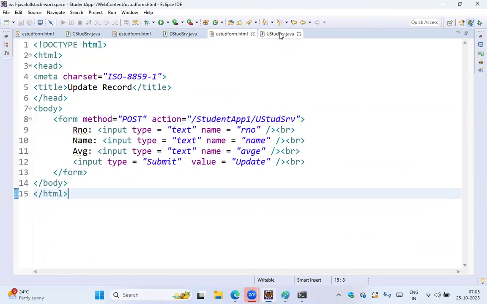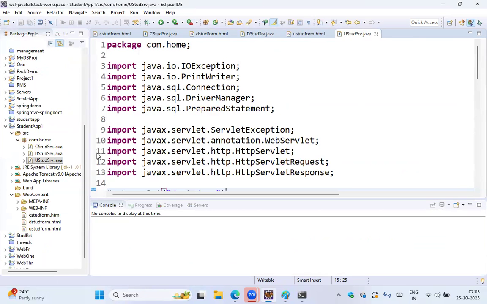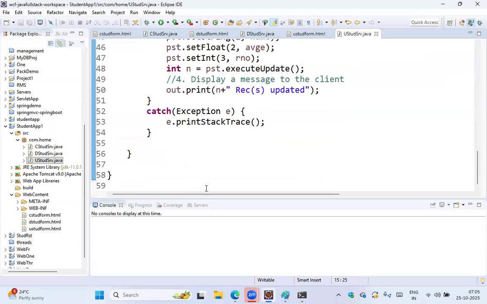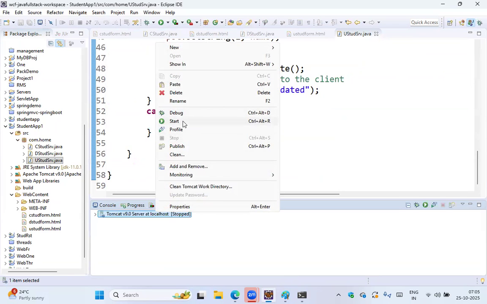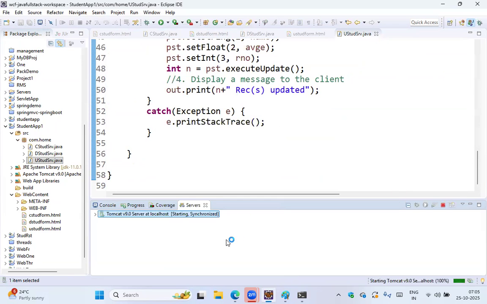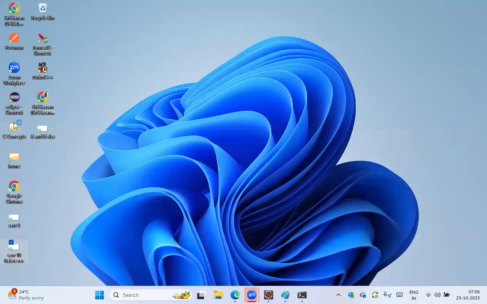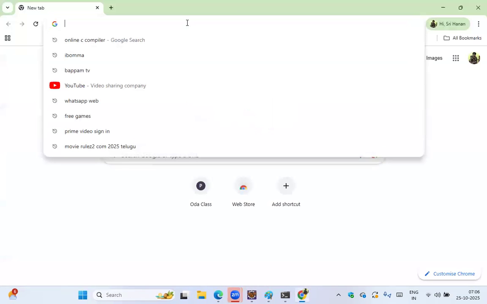Let's go for, what is the next step, guys? Next step, what is the next step? Code is completed. We need to go for server. Please start the server. Open any one of the browser, guys. Any one of the browser. Right. Please send the request as